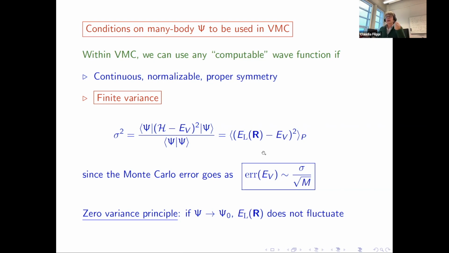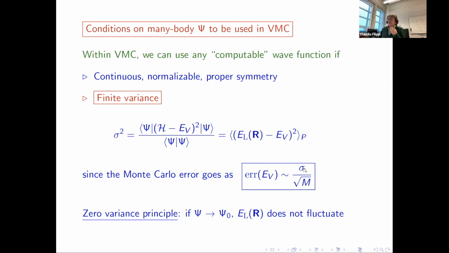Therefore, EL of R will not fluctuate. Here I have EL of R, which is the eigenvalue, and here I have the average, which is again the eigenvalue. In the limit of a perfect wave function, which of course we don't have, the local energy does not fluctuate. So if I do a Monte Carlo run, I do one step, I compute EL of R, and I'm done. I have the actual energy. And this is very good.